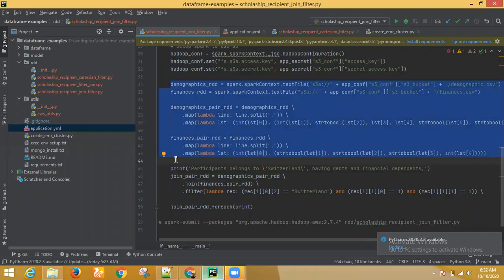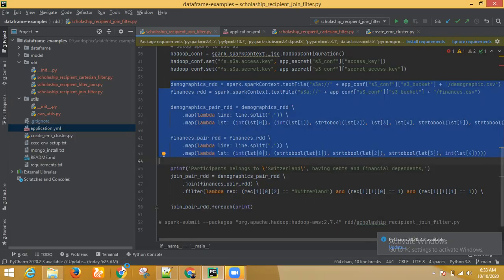Since .map goes list by list, we applied it to the demographics pair RDD. It creates a new RDD from the demographics RDD: we read the file line by line and split each line on commas, loading all the data into the demographics pair RDD.